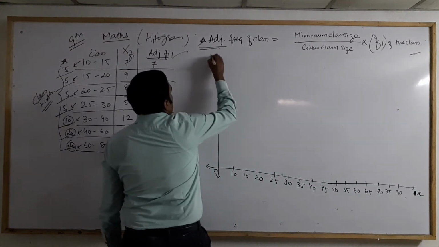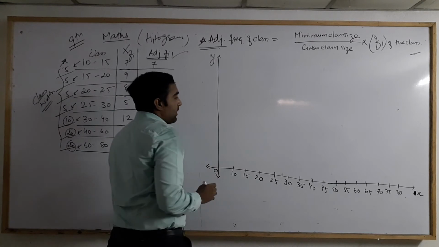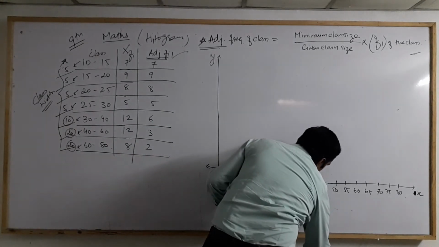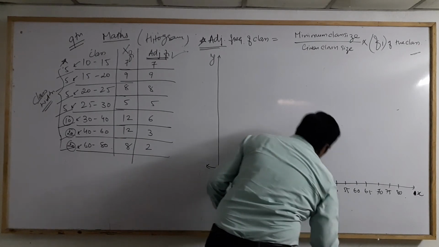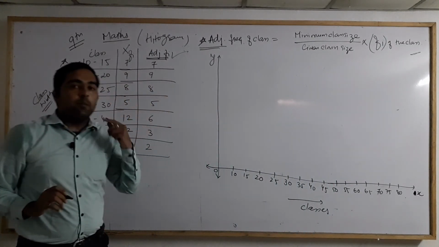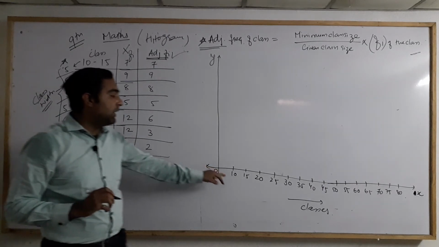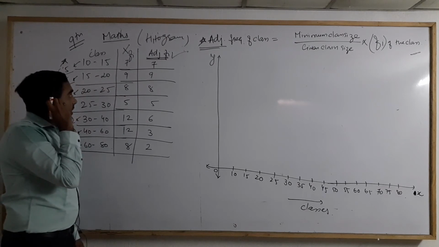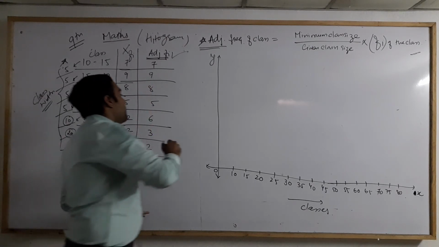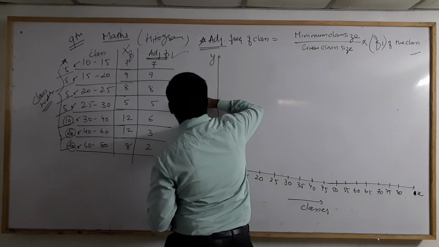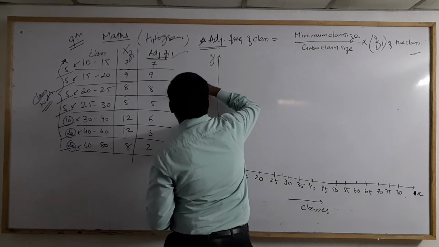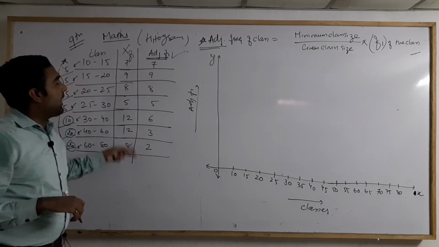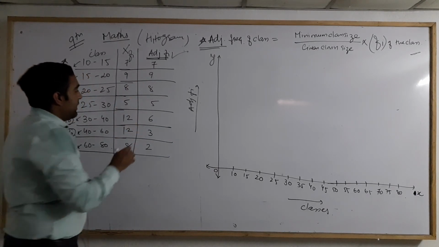And this is my y-axis. Okay, so here I'll choose the classes with the same class size of the difference of 5. Now I'll use the adjustable frequency for the y-axis. Okay, adjustable frequency. So for the adjustable frequency, I'll see that there is a minimum number, that is 2, and